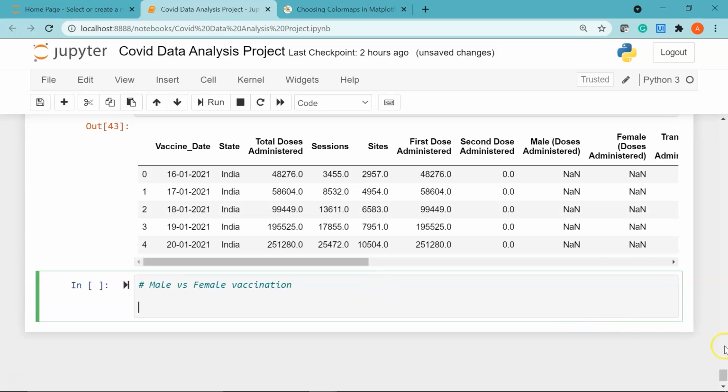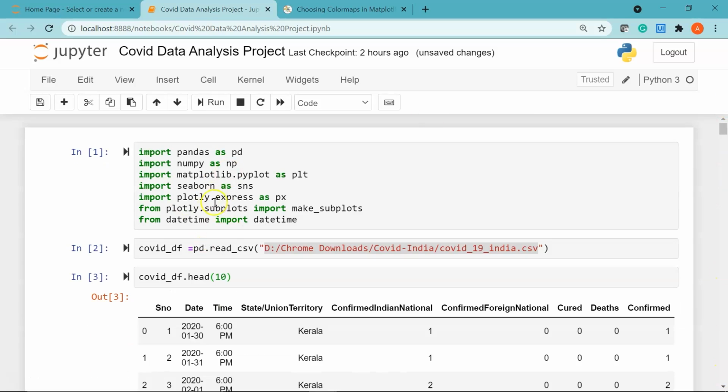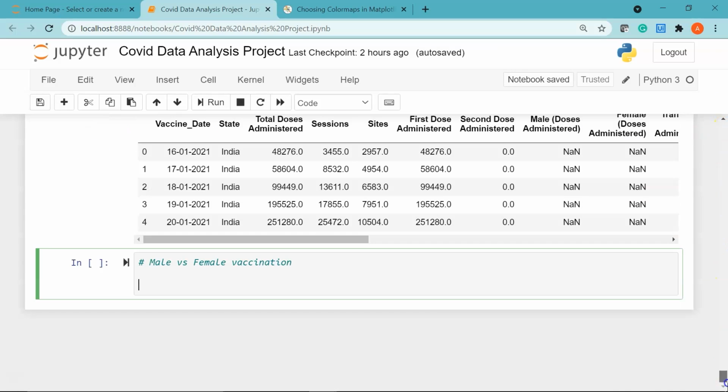To create this pie plot, I'm going to use the Plotly library that we had imported, which is this one, Plotly. Okay, so first of all we need to filter out the male individuals from our data frame. I'll say male equal to vaccination